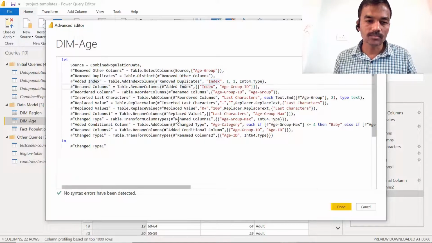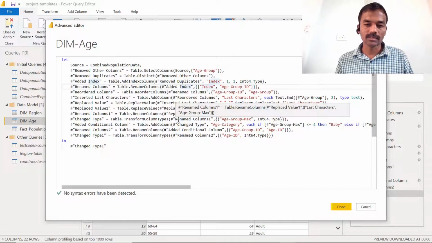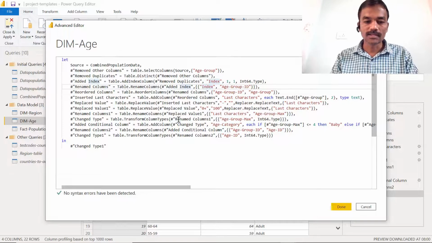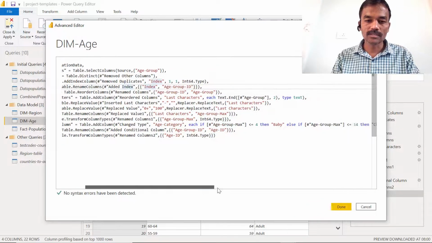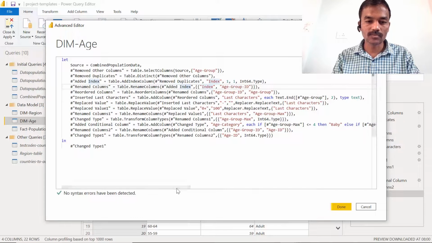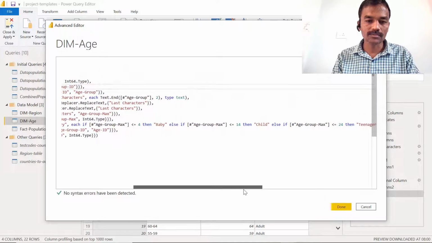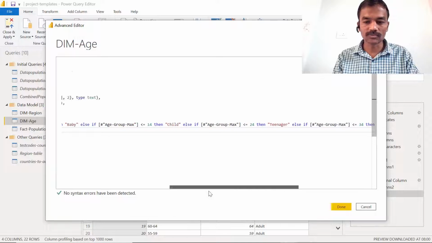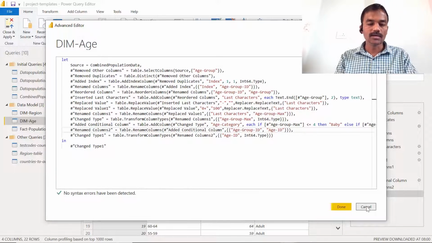So basically we do not need to remember this type of code. Power BI is a very powerful tool which helps us do all these steps just by mentioning the steps in the menu option, and that's why we do not need to learn this language. You can see very complex code as well here, which has if conditions, like the conditional column which we have applied, which has this if else statement as well. So this is one thing which is there.